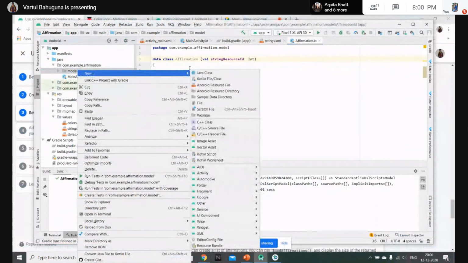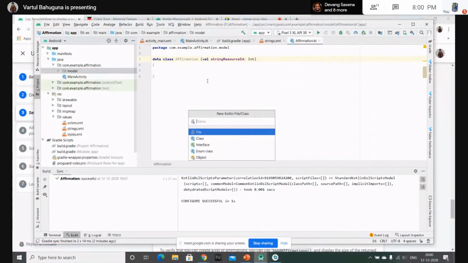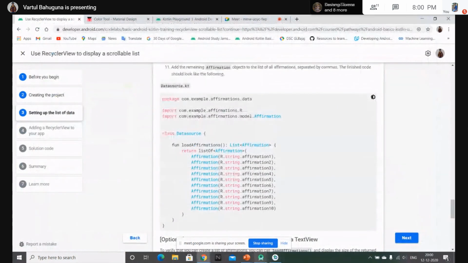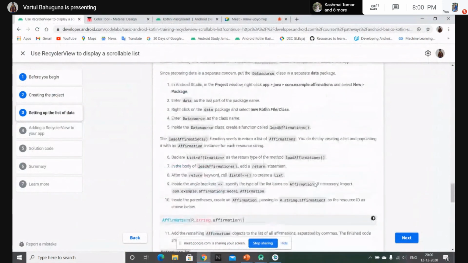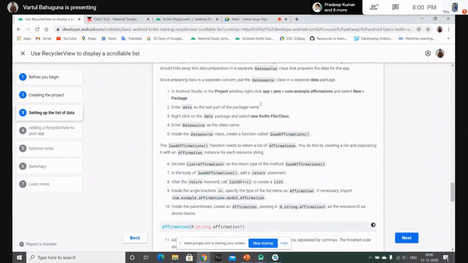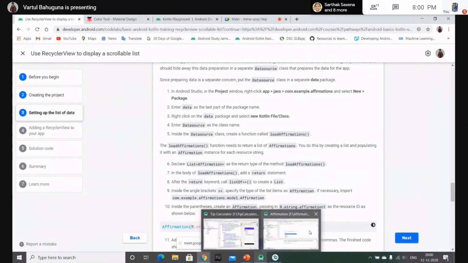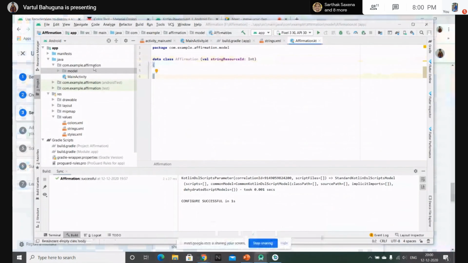Let's just create it in model itself. Name will be DataSource. Okay, not in the model package, we are not creating it there.